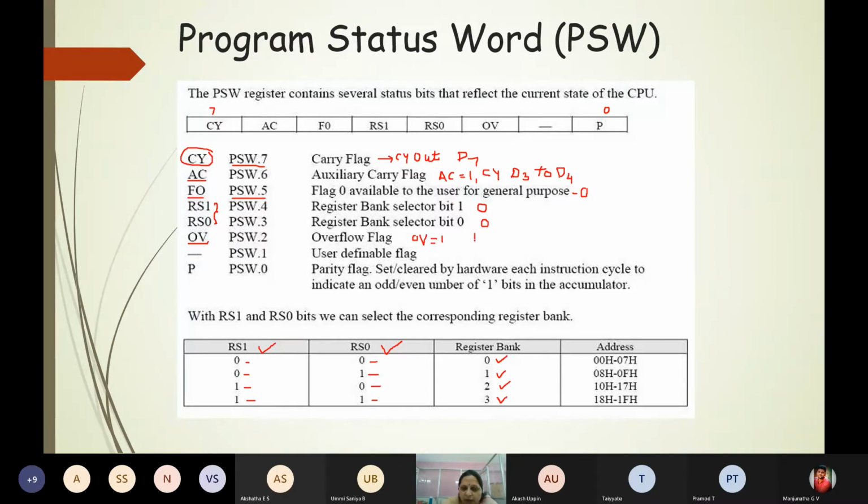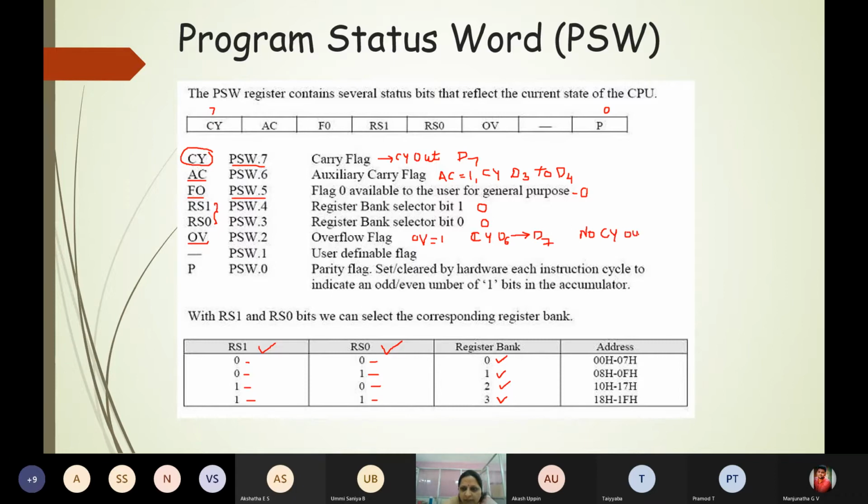Whenever I am performing an operation, there may be a carry from the D6 bit to the D7 bit, but no carry out of the D7 bit.